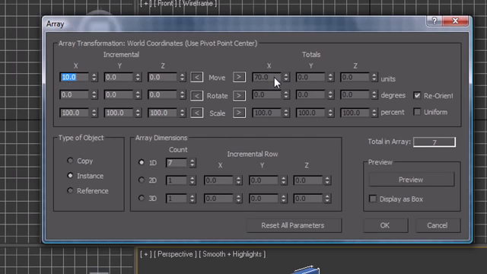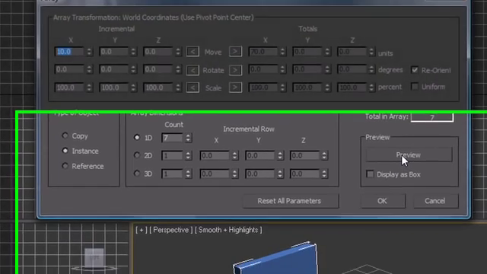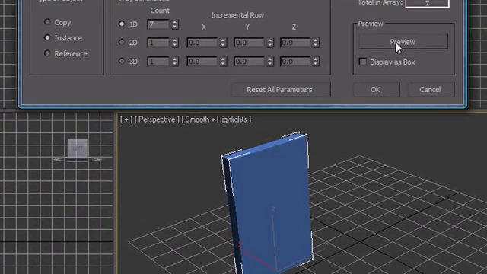What the totals mean is pretty much how far apart they're spread times how many there are, that's the total. I really don't know why they give you the total, I guess if you want to change a total distance. The only parameters you need are what axis, how far apart you want it, and how many elements. And another cool thing, like I promised, you can preview this